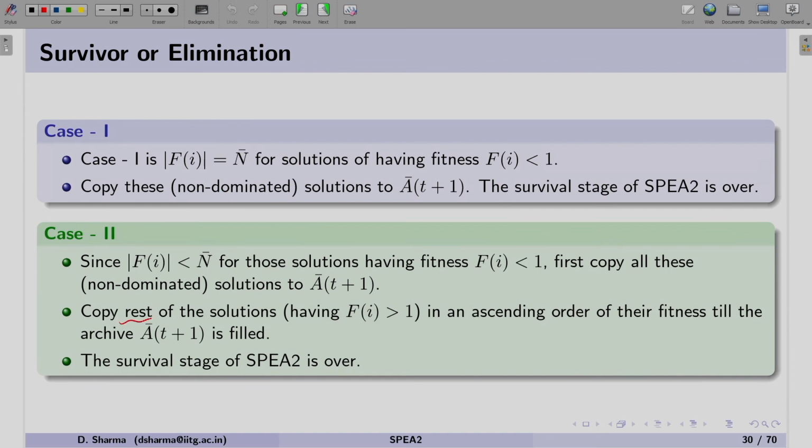So, we copy the solutions having fitness Fi greater than 0 in ascending order of their fitness value till the archive is full. In this case, some dominated solutions will be copied so that the archive remains full. At this stage, the SPEA2 survival stage is over.